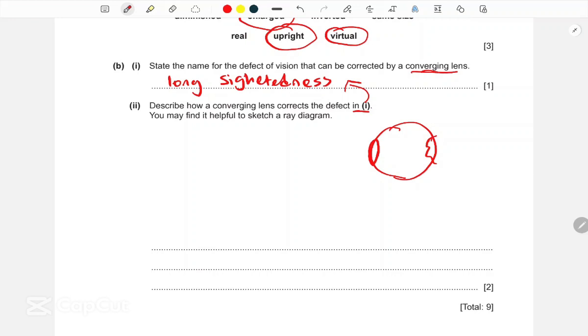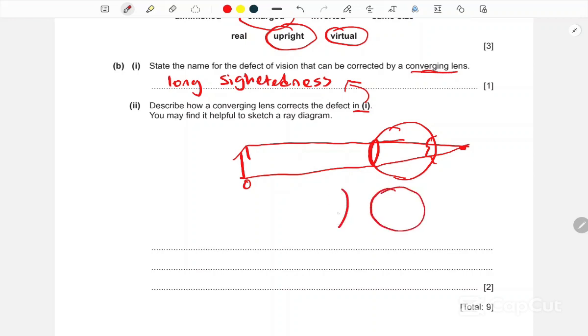Long-sightedness is caused when, let's say, we have an object, O, and the rays come in and are refracted, and then the image that's formed is behind the retina. So the image is behind the retina, and if the image is formed behind the retina, that means the person cannot see. The image has to be formed on the retina. So if we have a converging lens in between, and we have the lens of the eye,